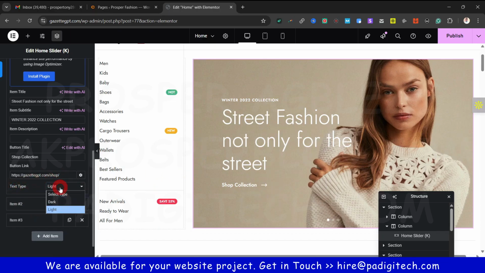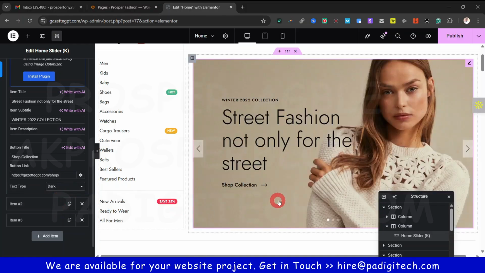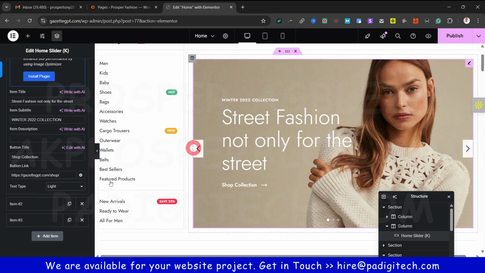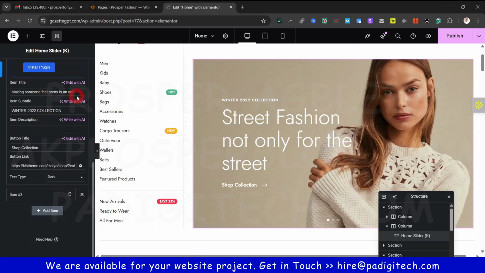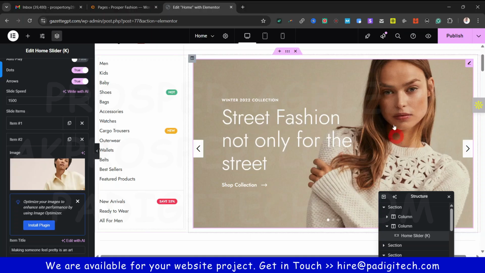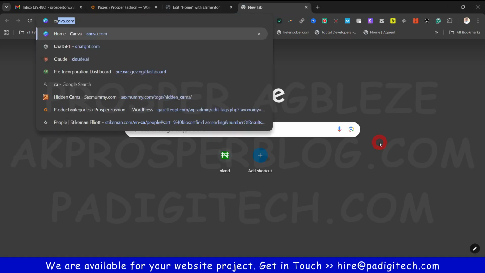Then the text color, you want it to be light or do you want it to be dark? You can see it here. So it's self-customizable. The same thing that we've done to this item 1, you can go ahead and do the same thing to item 2. You can change the text around, okay? If you want to also create this kind of background, one platform that comes highly recommendable, you can come over to